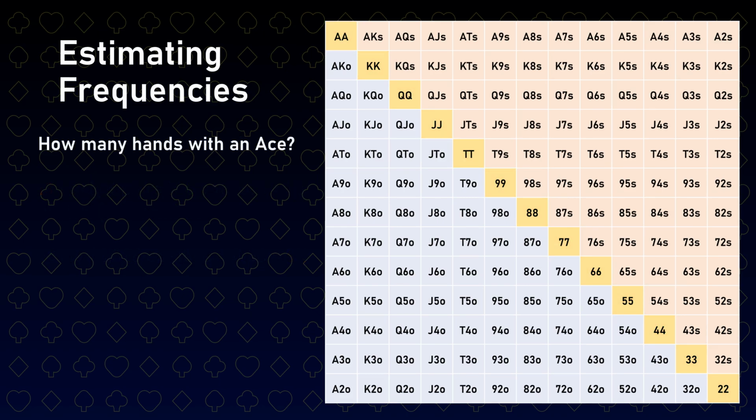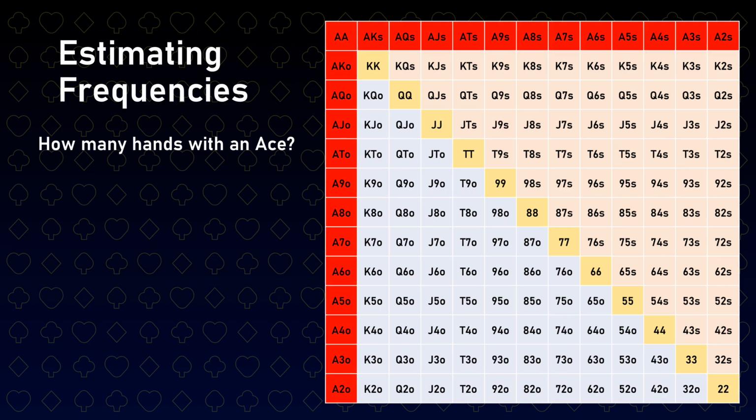Phil has changed his strategy again and now only plays aces. Any hand with an ace and Phil is happy. We know that there are 12 unpaired hands that contain aces, ace-king to ace-deuce. We also know there are 16 combos for every unpaired hand, 4 combos for suited, 12 for